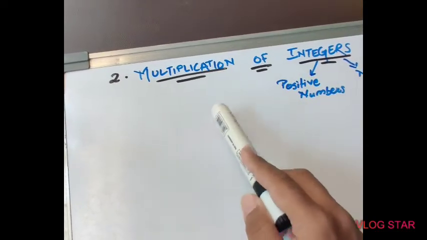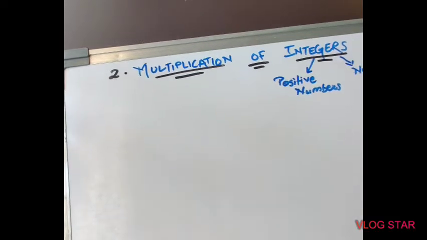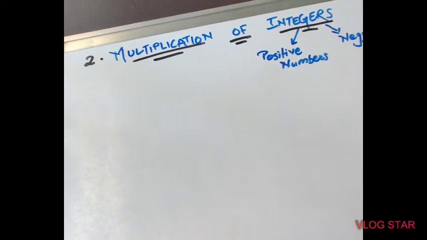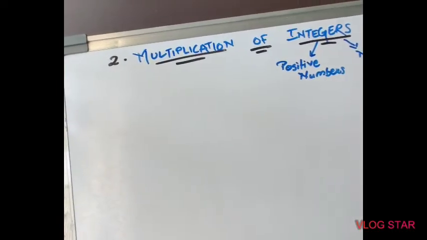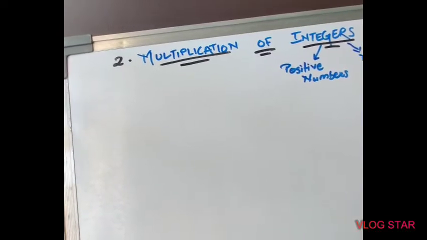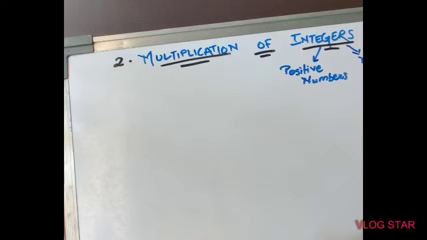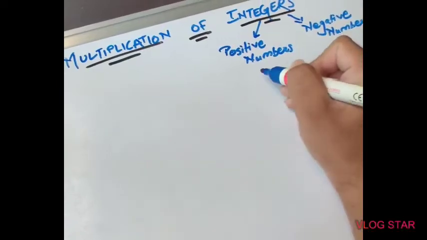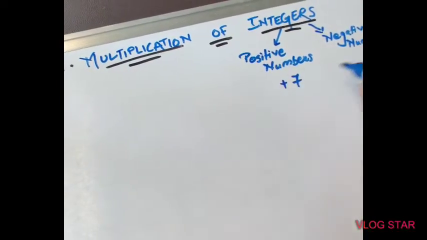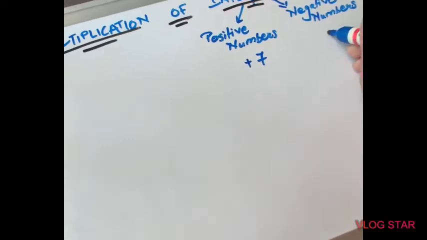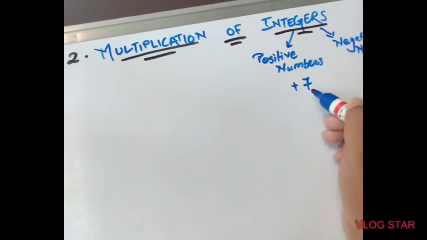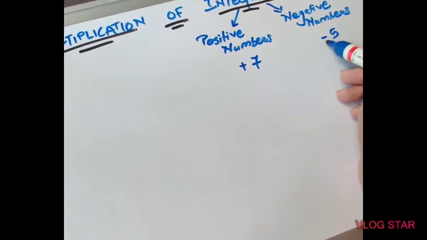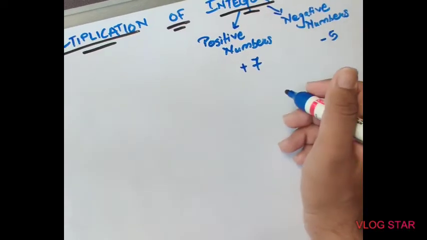Secondly, moving to the second basic part, that is integers, that you have learnt in your previous standard. Integers are basically positive numbers and negative numbers together, which also includes 0, but what we are going to learn now is how to multiply a positive number and a negative number. A positive number might be like plus 7 and a negative number would be minus 5. So any number having plus in front of it would be a positive number, and a minus sign in front of it becomes a negative number.